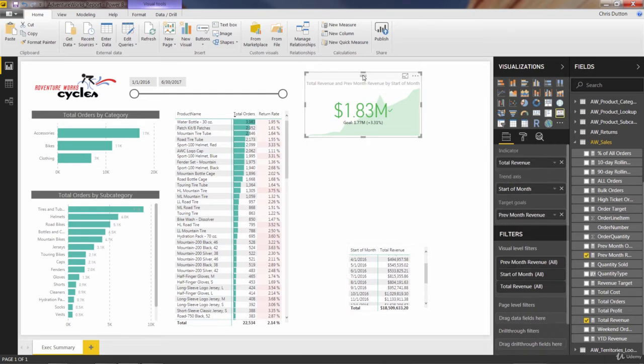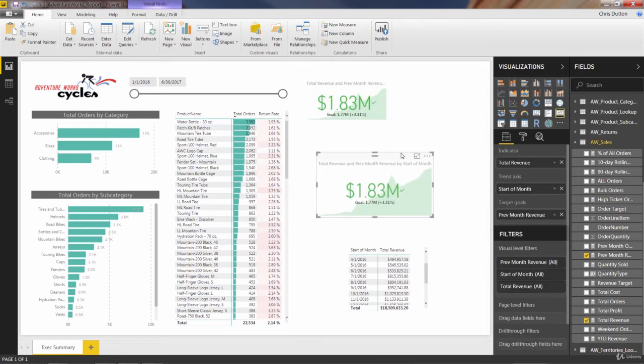Fantastic way to draw a lot of attention to the most important numbers for your business. And since AdventureWorks is very much interested in their revenue, in their order volume, and in their returns, I think it would make sense for us to create cards to capture those 3 KPIs. So no need to reinvent the wheel. Let's copy this one,